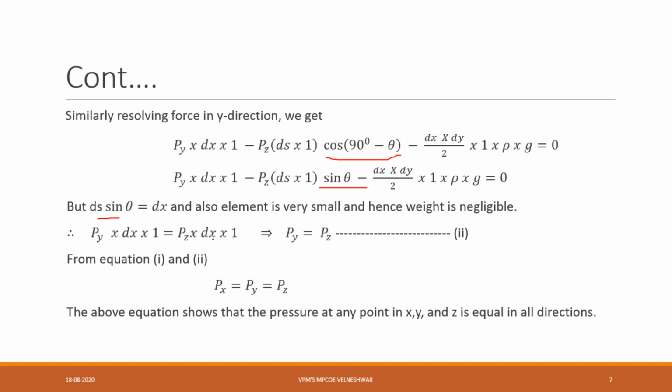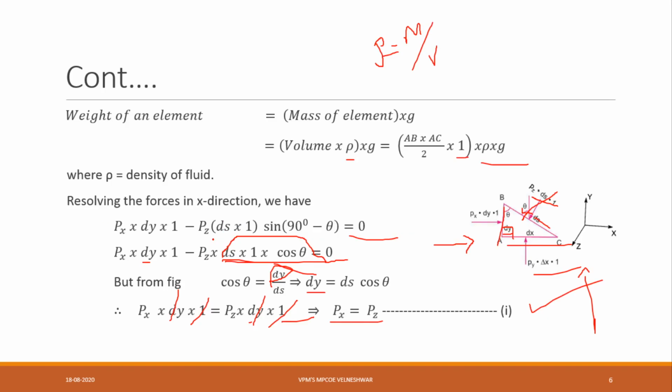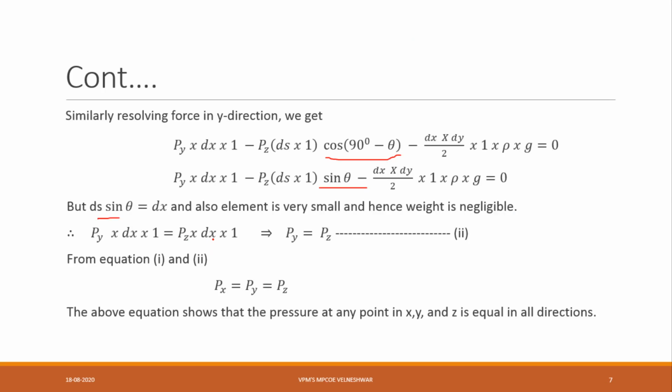And also, as the element is very small, we are not taking any large structure. Here I am assuming it as a small structure. For a small structure, hence the weight is negligible. As the element is very small, the weight is negligible, because in the question he has not given any weight. But we are considering the weight of the object. As the weight is very small, we can neglect it. If I am neglecting this value, it means I am taking the entire value as 0.